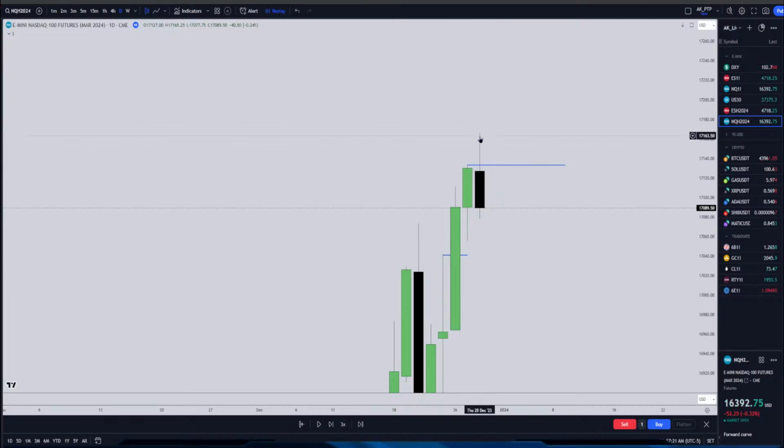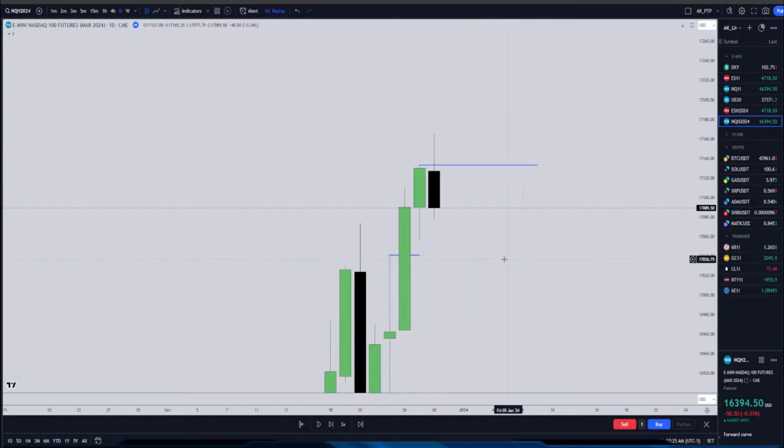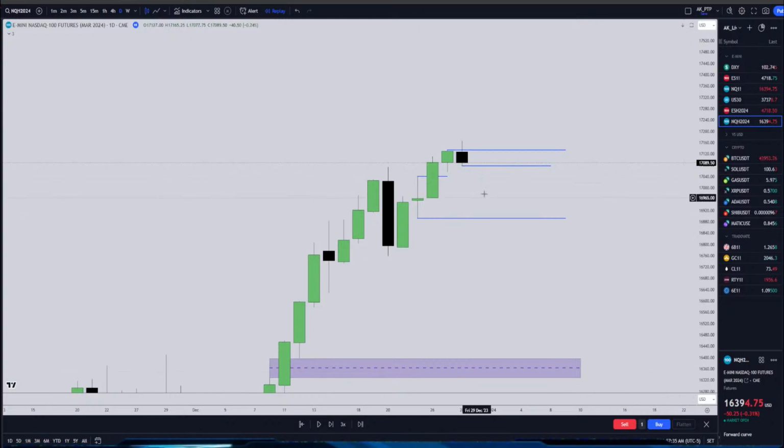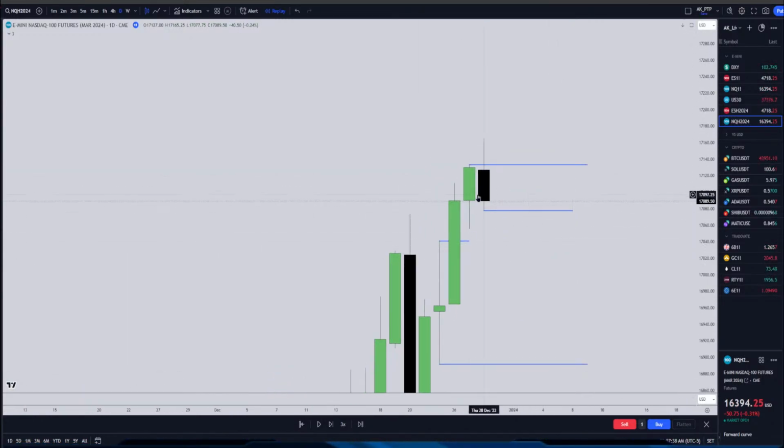I wait for this sort of move, doesn't matter if it's weak or not, but it's a huge move towards the upside. So I hope I'm profitable on this day, but it failed to close above. Now my bias is on this area, the sell side. I don't care how bullish the market is, how bearish the market is, I'm looking for only sell side setups. And for sell side setups, what I want to see is that on the next day, it opens from here, like the similar area. Although it opened a bit lower over here, it's even giving me more area to trade. However, I want to see it opening from here, creating this thing,